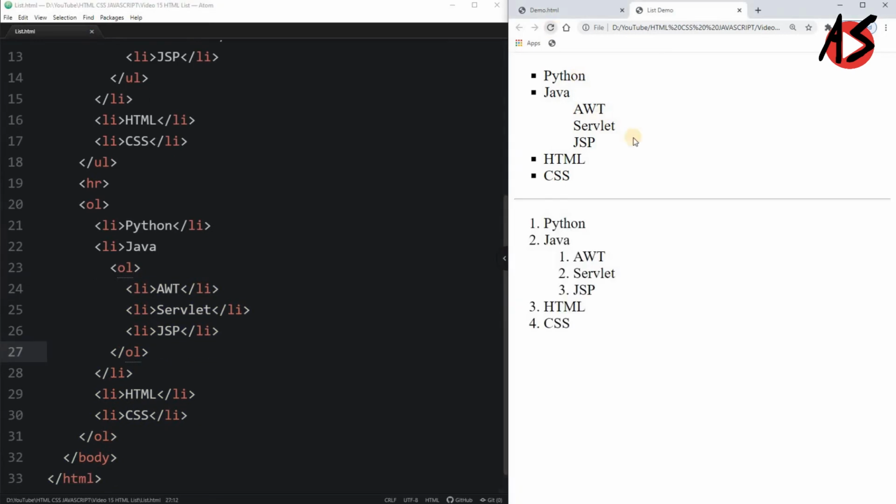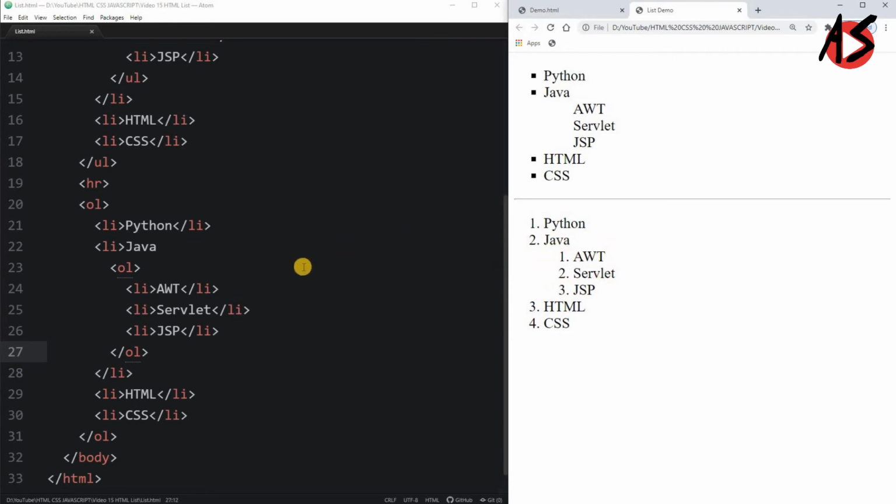Now we refresh the page and you can see you have an ordered list. You are getting numbers, that is 1, 2, 3 and 4, and within the Java item there are sub items, that is AWT, Servlet and JSP, with numbers.